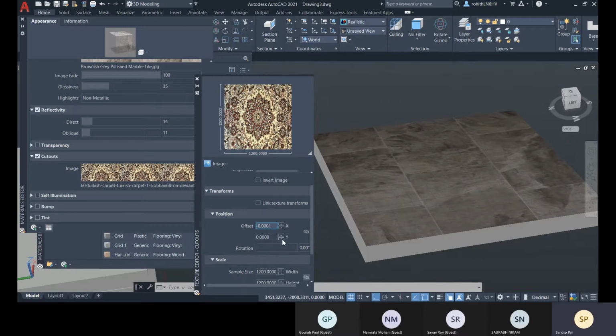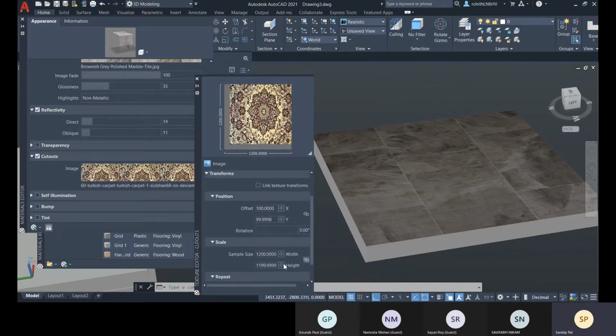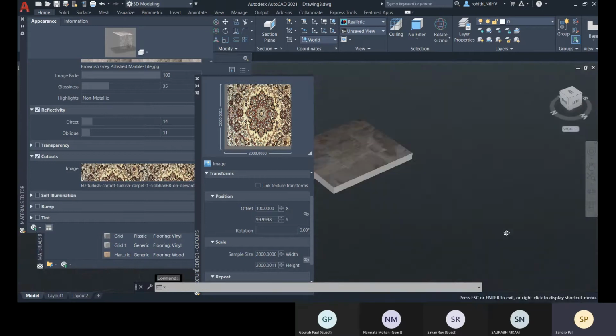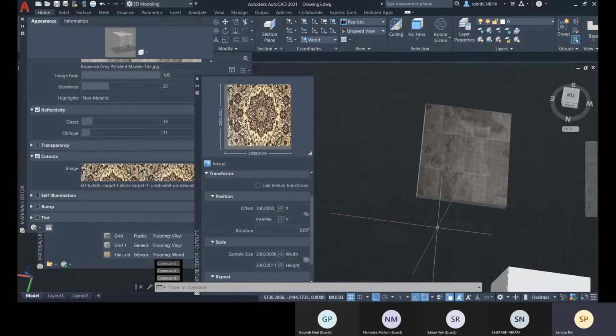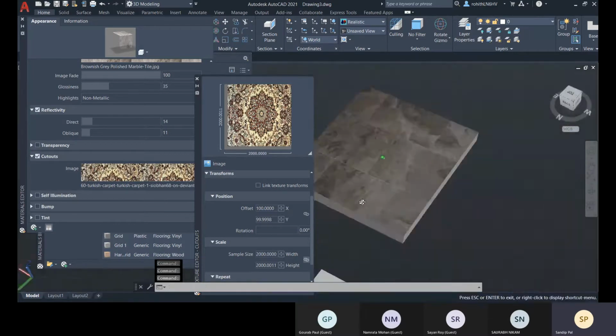Okay, that should be cutting it out, but I am not getting that result.